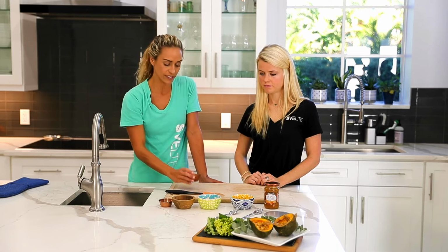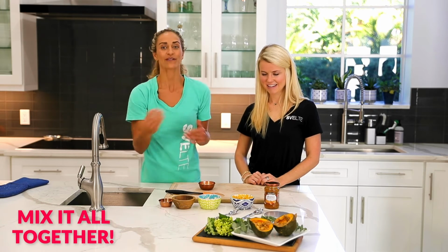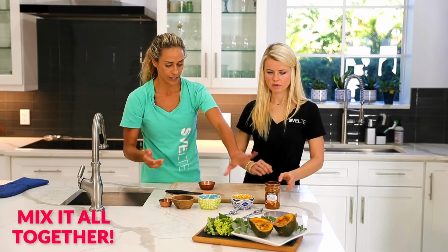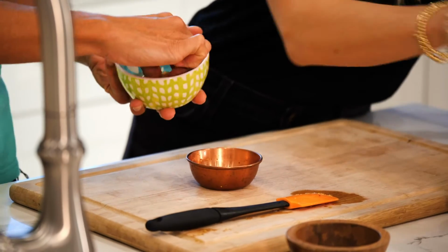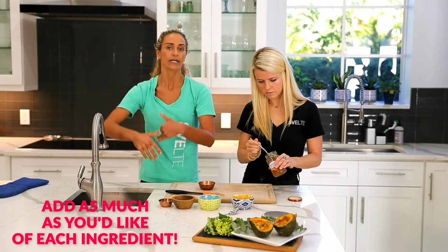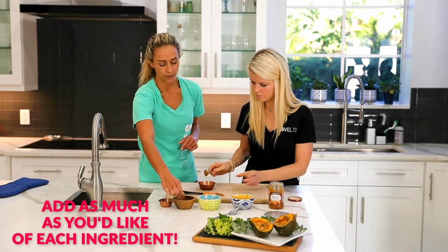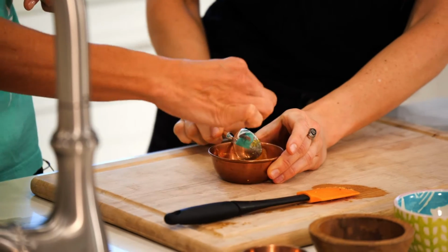So let's put it all into this tiny little dish and mix it all in. You don't need that much. Cinnamon, you don't need a lot, okay? Because we're gonna be brushing that over the acorn squash. If you have multiple in the oven, then you're gonna need more. But I would really just take like a pinch of the dry ingredients and